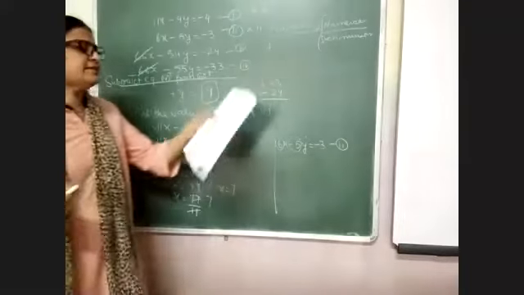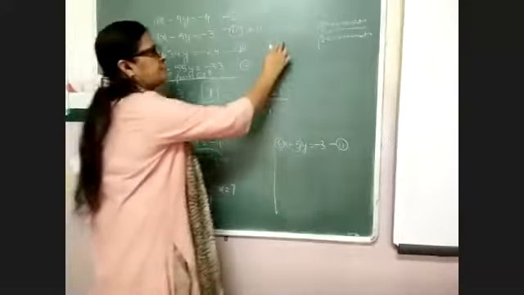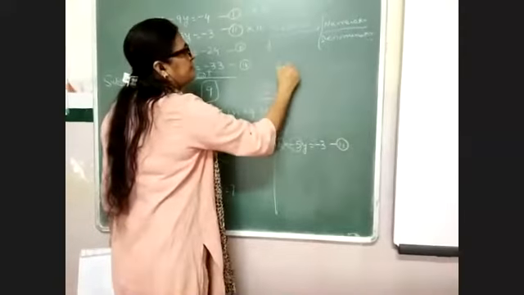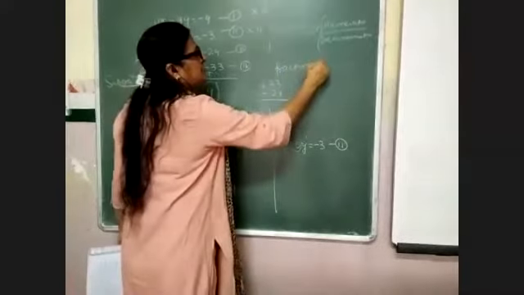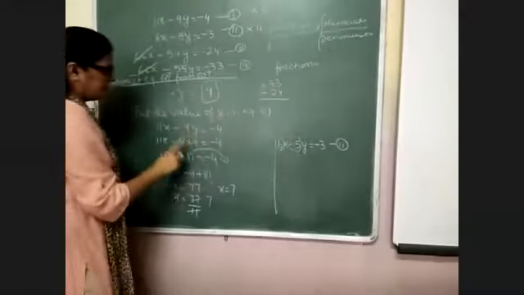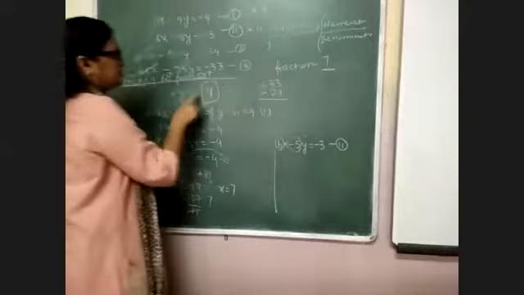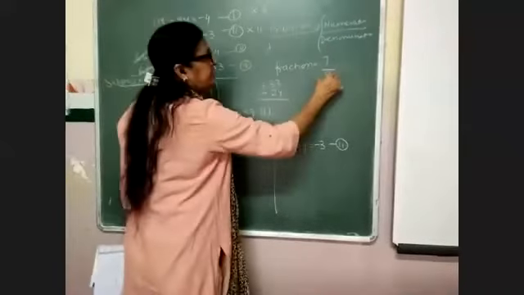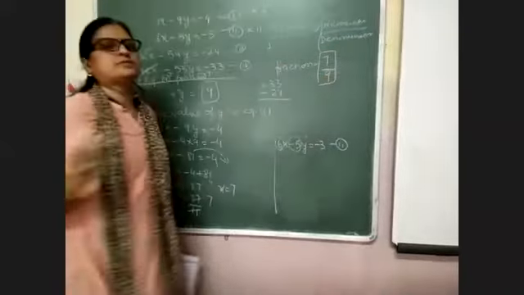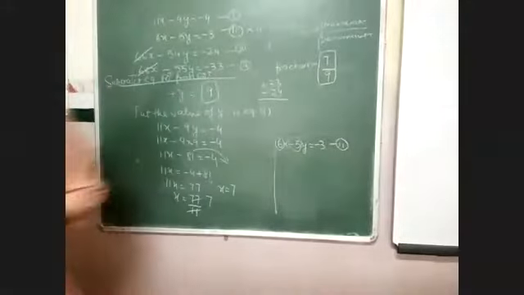Now in this question you have to find the fraction also. So the fraction is numerator upon denominator. Your numerator is x, which is equal to 7. Your denominator is y, so it is 9. Then this is the answer of this question, 7 upon 9.